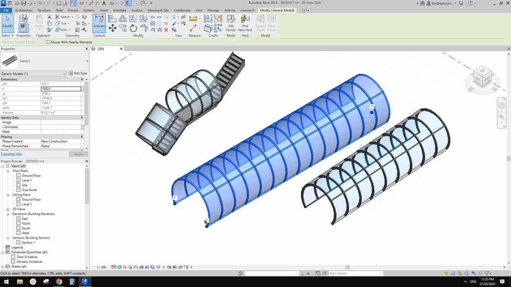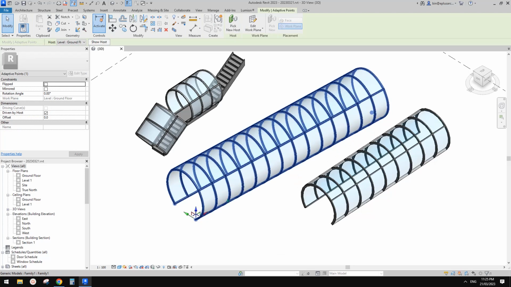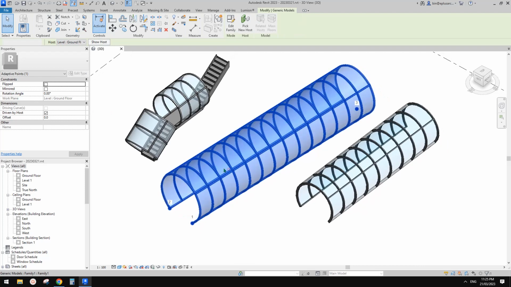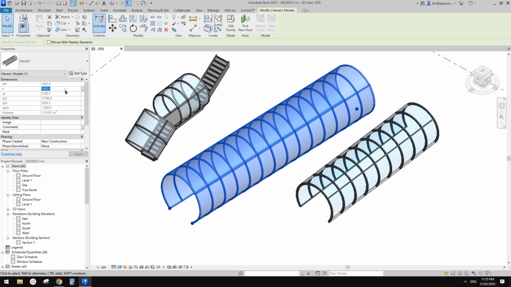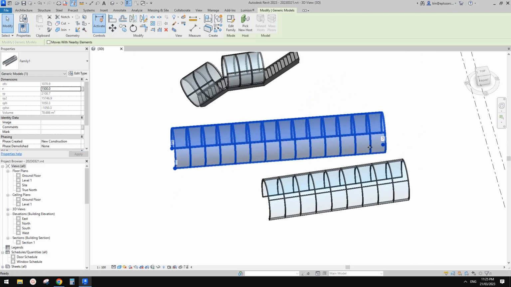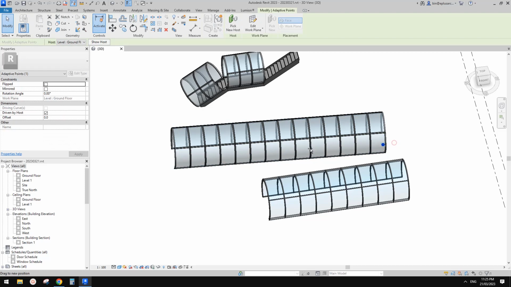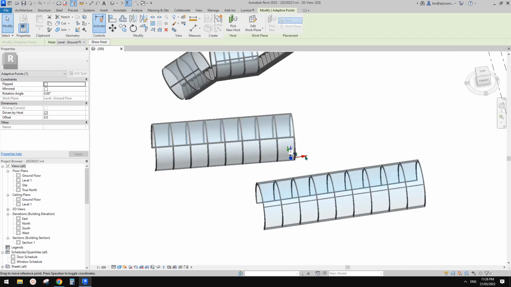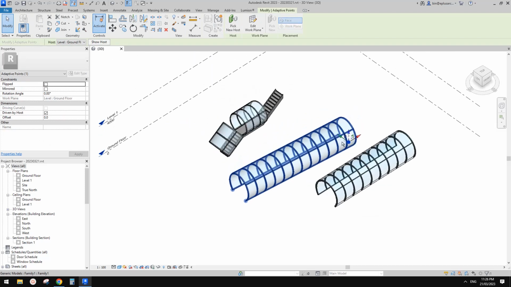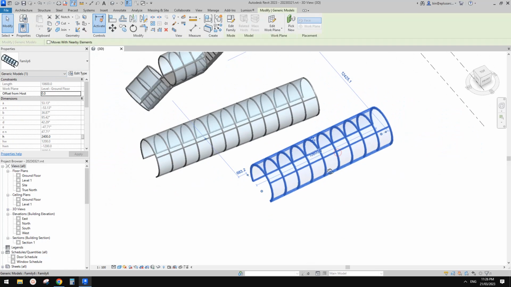adaptive, so use point 1 and point 2 to control the width of this, let's call it tunnel. There are also some parameters to control the size, the height, and also the length. The length of this geometry or this model is controlled by this adaptive point. Okay, so this is a generic model adaptive, and I also tried